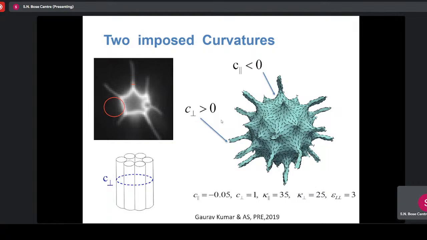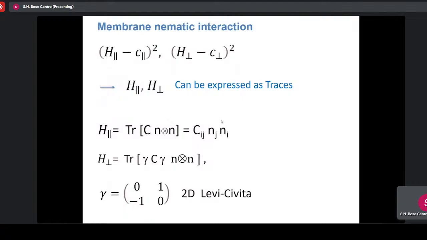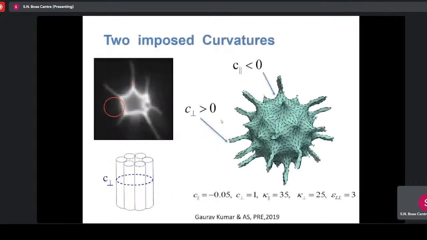So what's happening is that because of this sort of terms, there is an imposed curvature perpendicular to the rod. If you look at this picture, let's say these are rods, and I impose a curvature perpendicular to it, so around the tubes, this is the arrangement of the rods. The interpretation is that in the actual experiment, these rods bundle. Bundle meaning they're longitudinally oriented and they actually touch each other. Of course, in our simulation we cannot do that, but this is a poor man's way to mimic bundling.